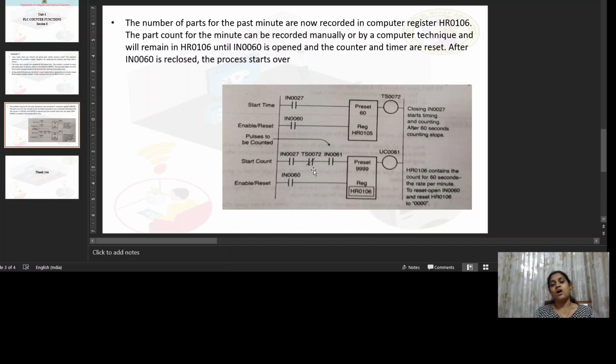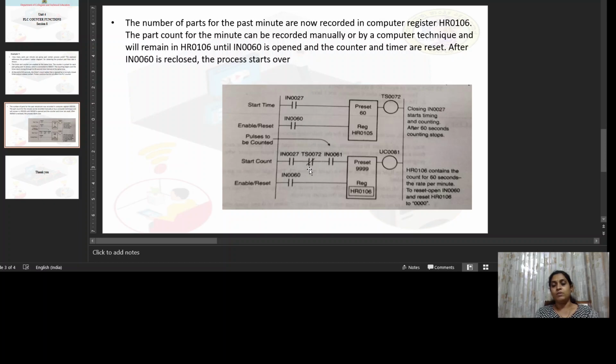Hence, after 1 minute has elapsed, the sensor pulses are not counted by the counter.